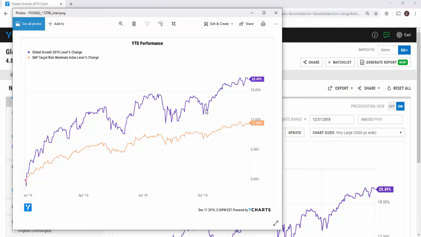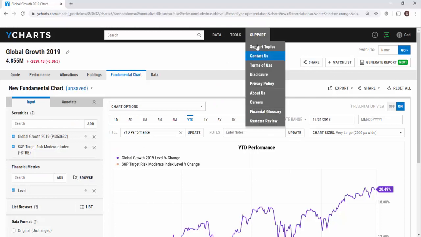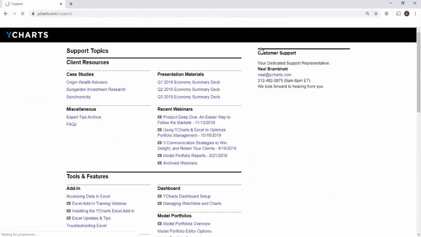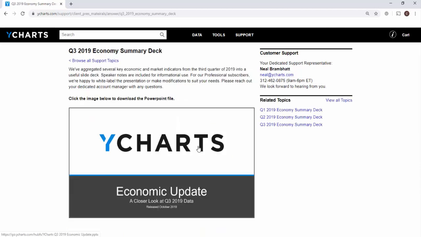Now, something I've seen a lot of our clients do is actually incorporate these chart images into one of our economic summary decks. For those of you who are not familiar, YCharts has now been producing economic summary decks that are now available on the support topic page in YCharts. So what I'll do is actually download that most recent one,